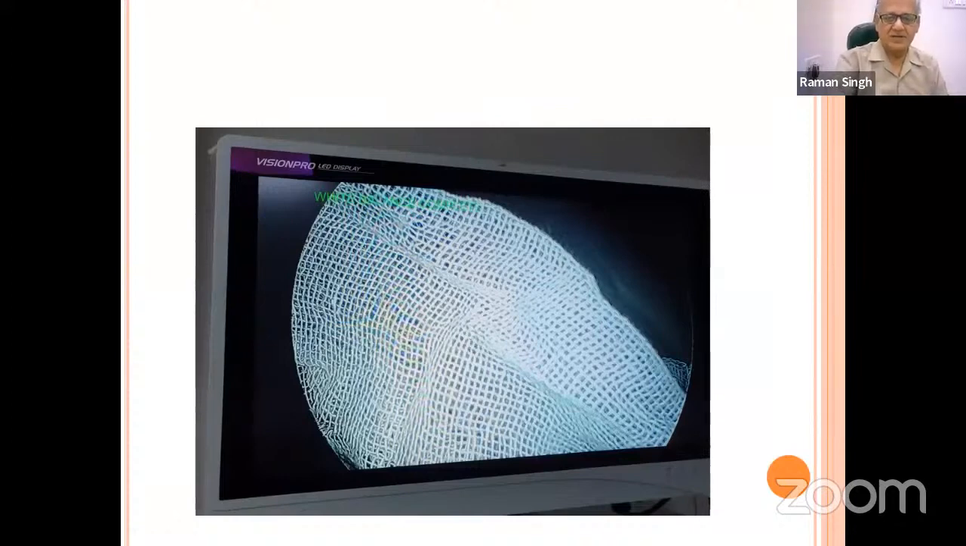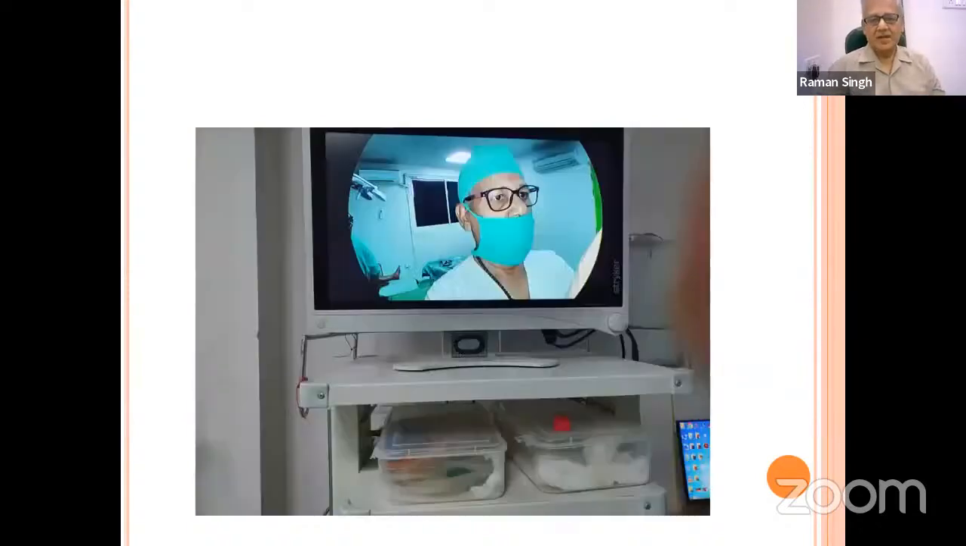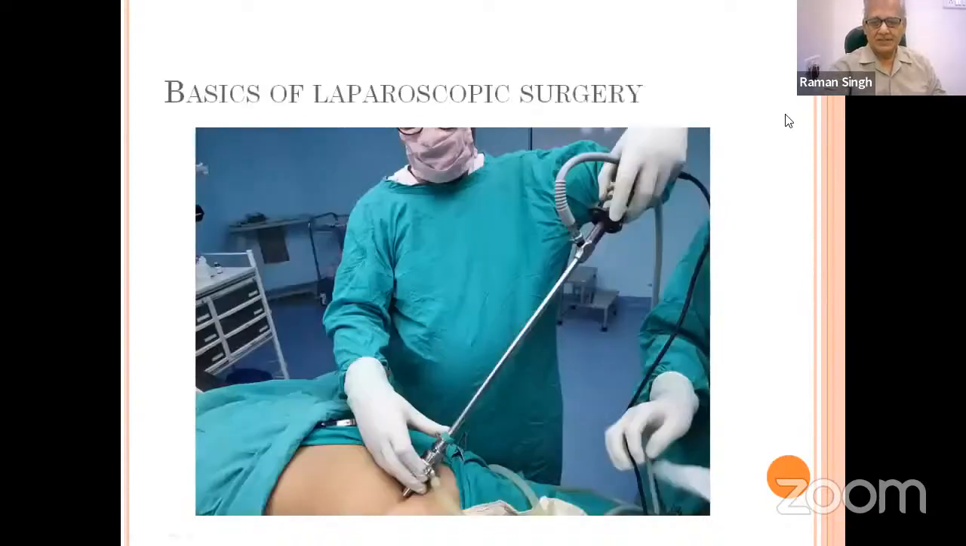objective piece of the telescope, this white balance is essential, because the vision becomes very clear, very natural after doing white balance. So after attaching the light source and camera head to the telescope, it is essential to do white balancing to get a natural picture. After getting a natural picture, we introduce this telescope